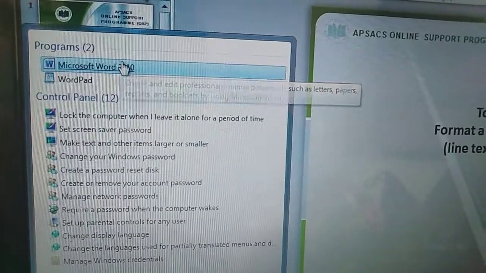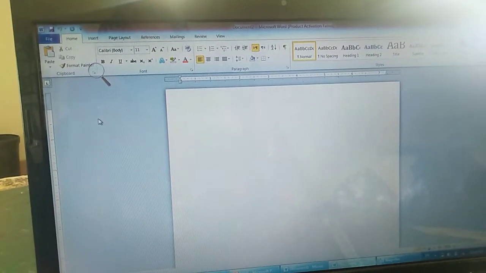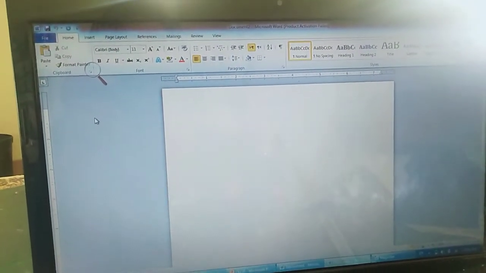Click on Microsoft Word. Then your Microsoft Word is opening. This is your total Microsoft Word.